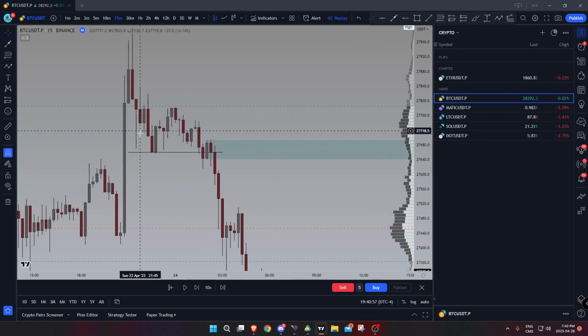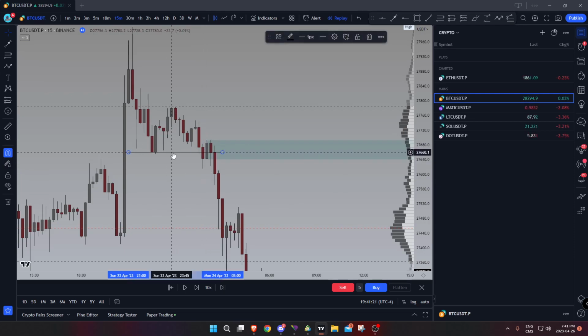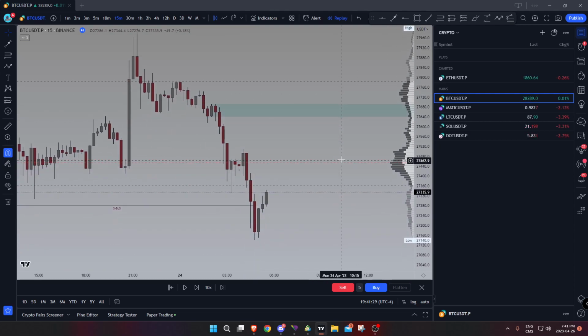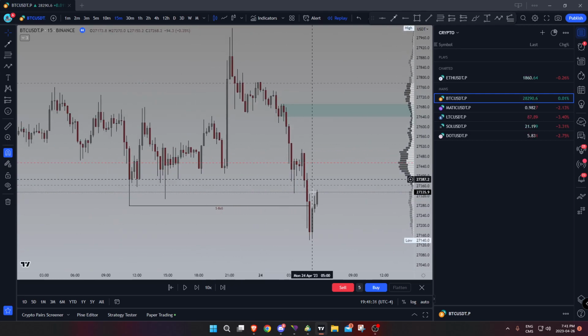So we got a break of support in this candle and a close back right above this support, meaning some people probably think, oh, we got a liquidity grab of the support and a close back as an engulfing candle of this one. So we probably have some people going long on this candle,